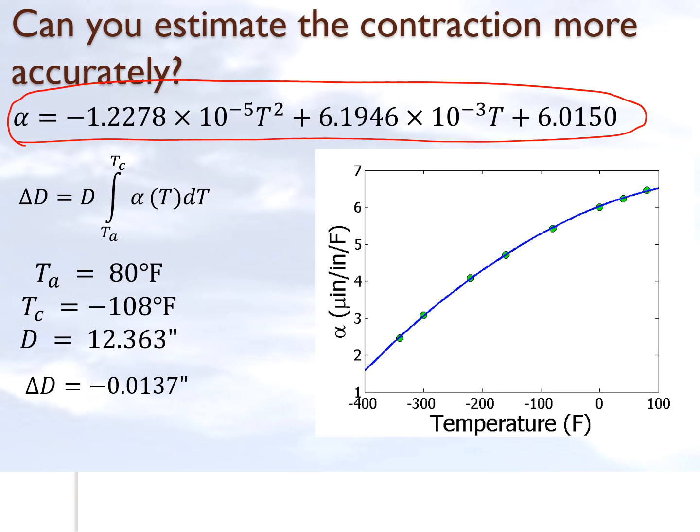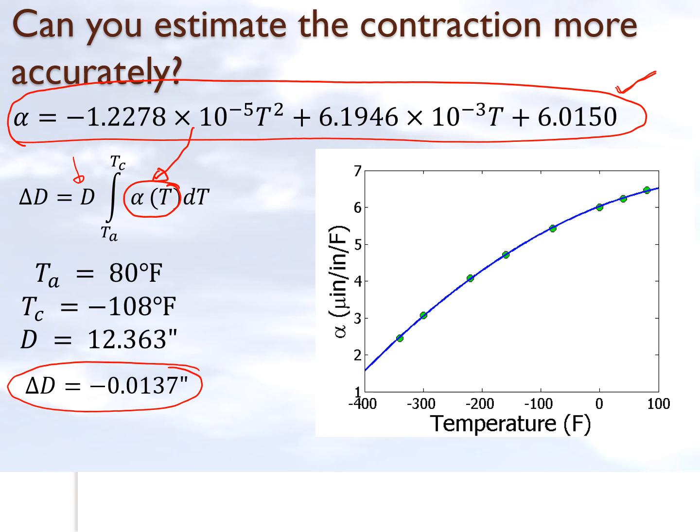So at this point, what you got to think about is that if somebody gives me several data points relating one variable with another, I can get an approximate formula, maybe a second order polynomial or first order polynomial, to approximate the data. So this is what we get to approximate the data, a second order polynomial. But the great thing about it is that we can just simply include it in this integral here. And since everybody knows how to integrate a second order polynomial exactly, and we already know what the value of D is, then we can find out what delta D is.